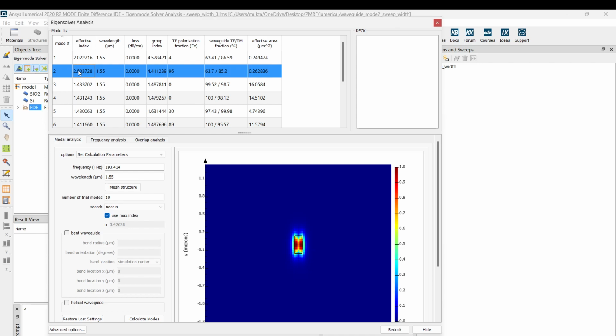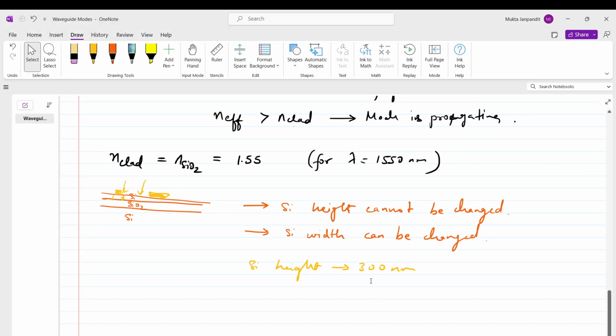We usually don't send both TE and TM modes at the same time because then that will again cause dispersion, right? So we design a waveguide either for the TE mode or for the TM mode. So let's say that we are designing this waveguide for a TE mode.